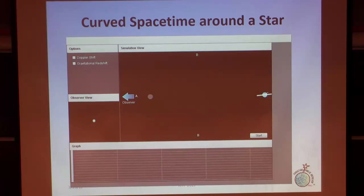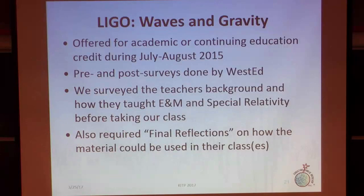Okay, so the reason that I'm really talking about that is because we used that unit and 3 other units in the first online class that I did on behalf of LIGO. So in 2015, before LIGO made the discoveries, we did a course called LIGO Waves and Gravity,